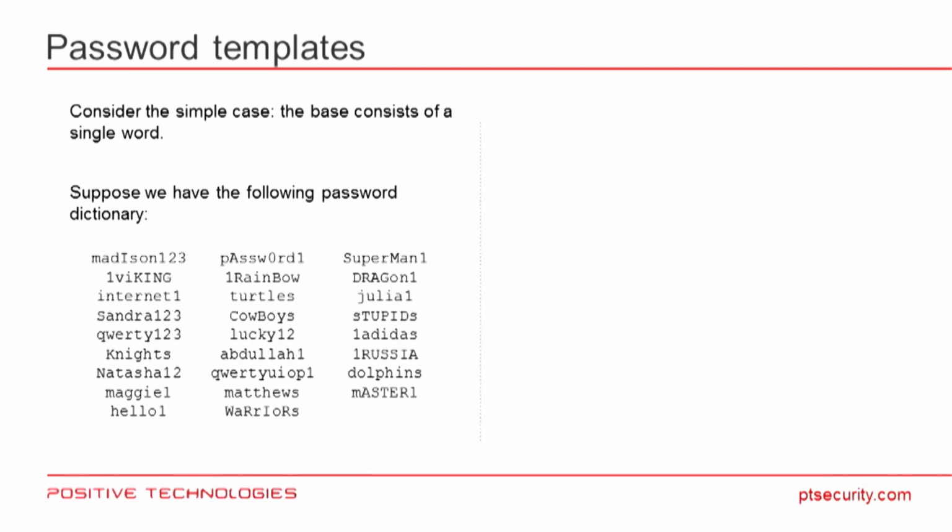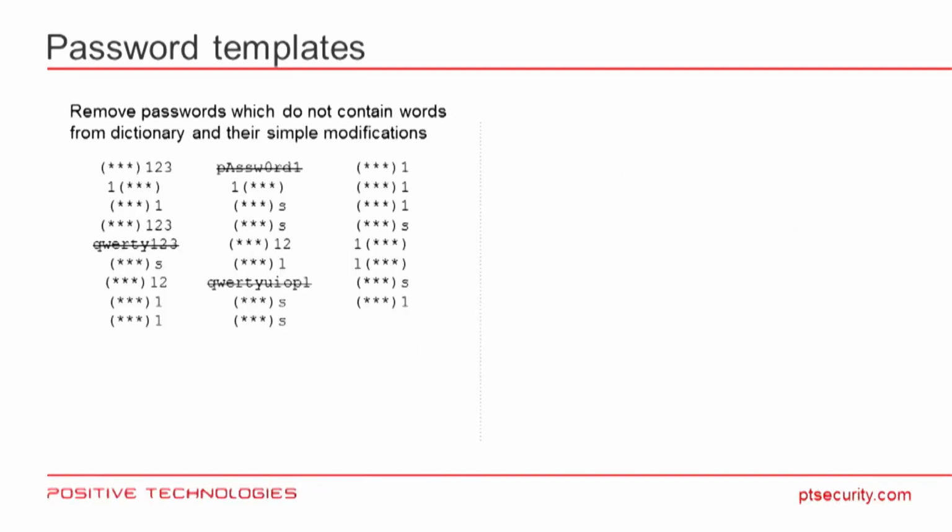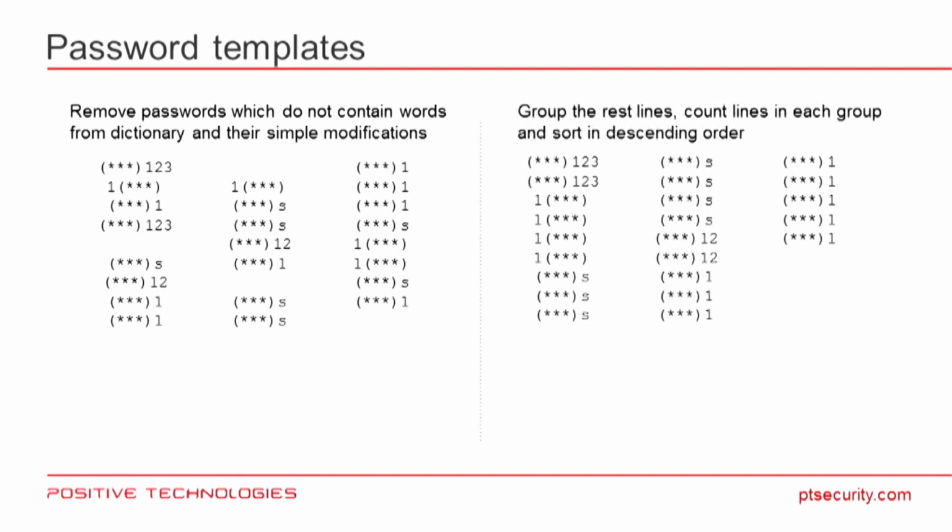We can also do it the other way. For example, we have a dictionary which we have downloaded from the internet. Let us use a list of words and cut out all of the base words from the initial dictionary. I did not cut out password, but it's okay. Then we just delete everything which does not contain base words. And let us now count the number of